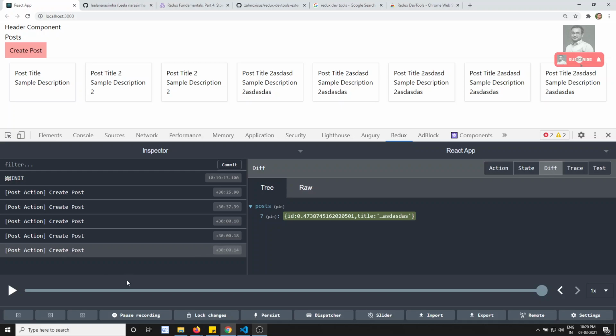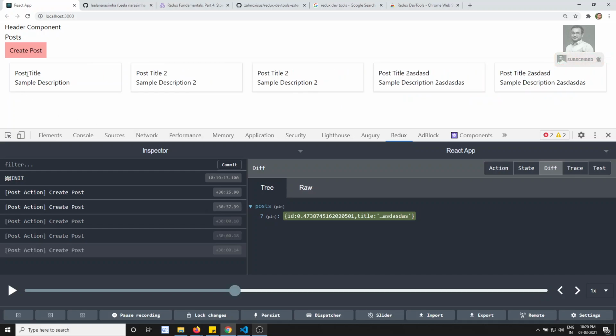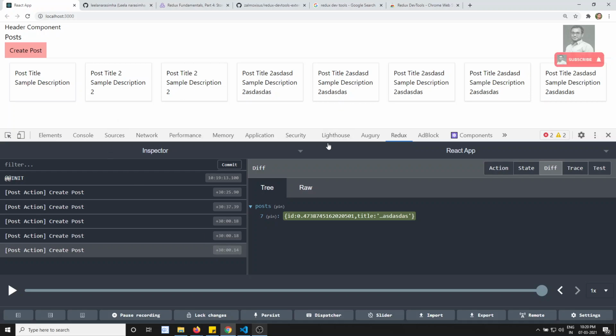Also, one important thing is, if you want to jump to a particular dispatched action, you can directly jump to it. For example, if I jump here, how does the UI look, and how should the state be? If I click here, see, the state and the UI also have changed. So we can go to scenarios like this, and we can also jump back. We can time travel the state data also.